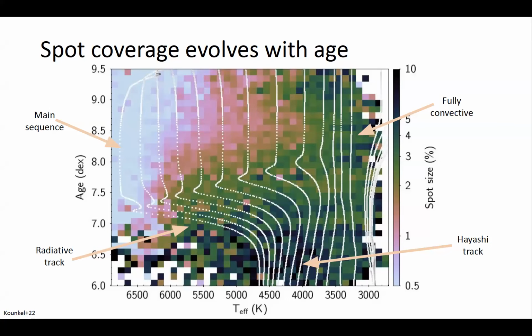Here's a model diagram showing you the age on the y-axis and the effective temperature of the star on the x-axis. And it's color-coded by the spot size fraction, so the fraction of the surface of the star that's covered with spots. And you can see that dark color is a higher fraction, and these faint blue, fuchsia, white-ish colors, where the main sequence is, where the star spends most of its life, it's a very low spot coverage fraction. But when you're young and entering the main sequence, you're experiencing a lot more spots on your surface.